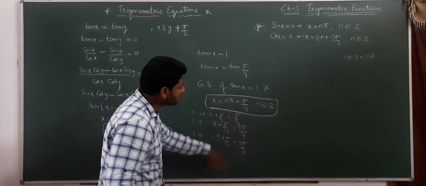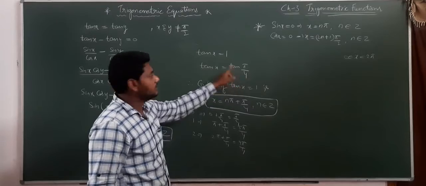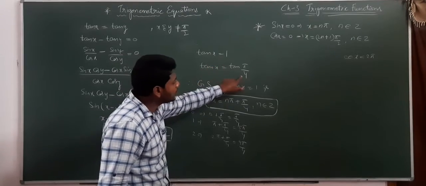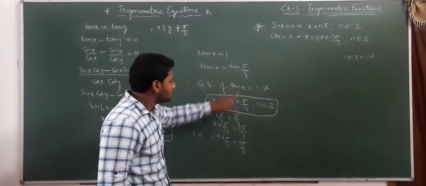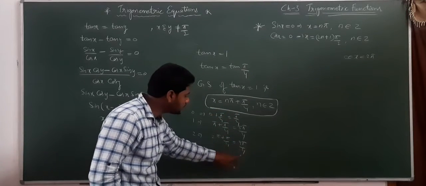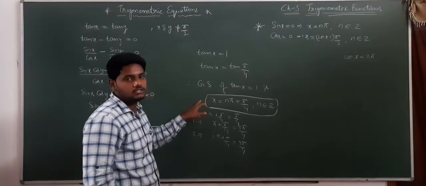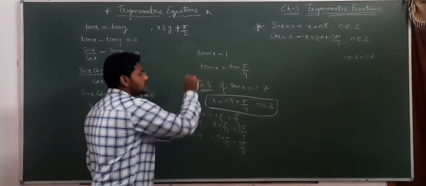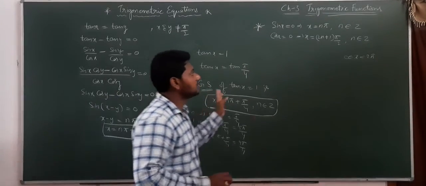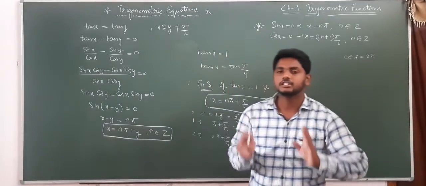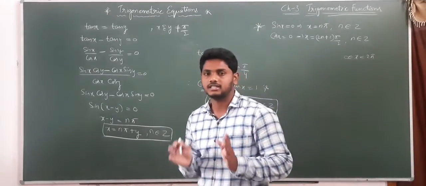So these are all infinite number of solutions we will get. Tan x equal to 1 actually means x equal to pi by 4, that is a solution. But when it comes to the general solution, there are infinite number of solutions. Those all solutions we represent in terms of only one expression, which we consider as the general solution. So in today's class we have discussed the general solution formulas of sin x, cos x and tan x.